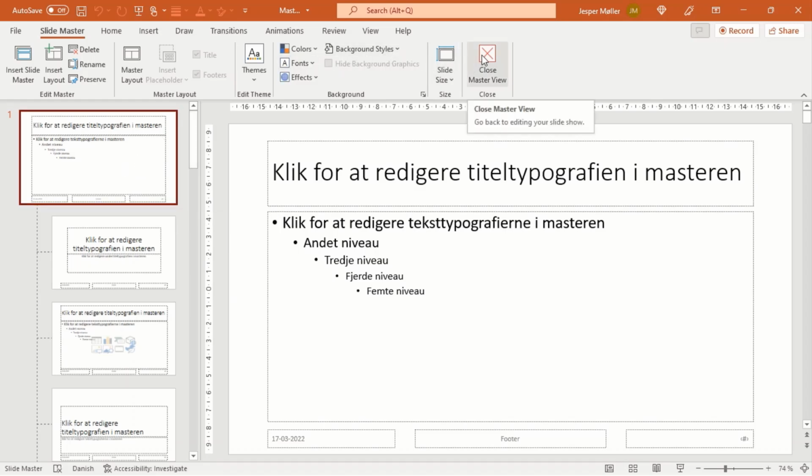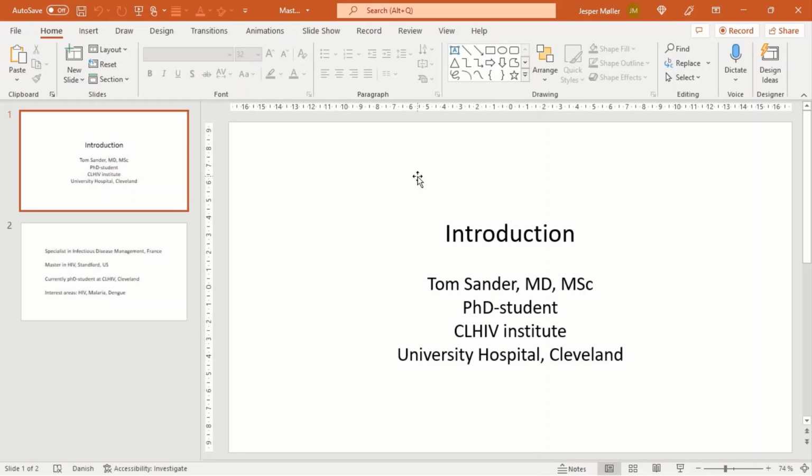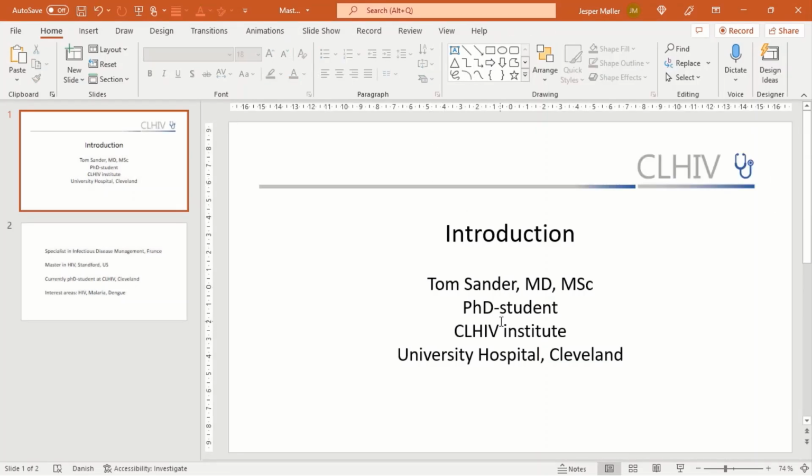I'll just close the master view, and actually Tom found this logo from his institute, this one and this line, and he wanted to use those as kind of headings or decorating elements, also telling his affiliation.